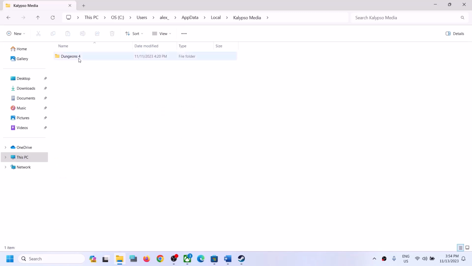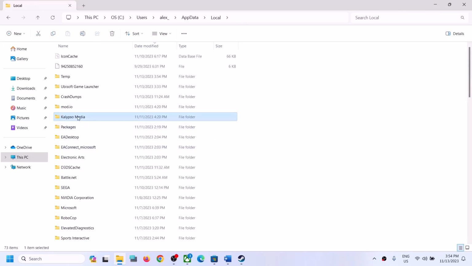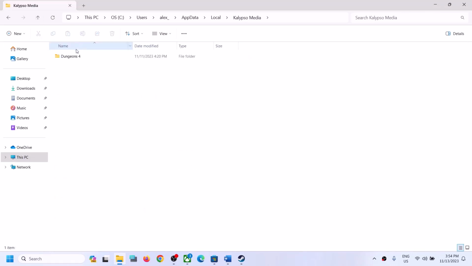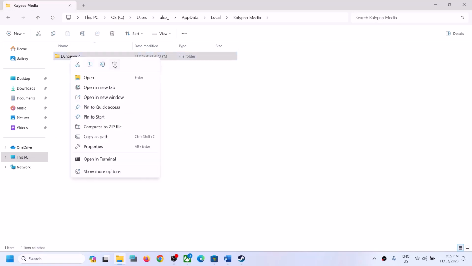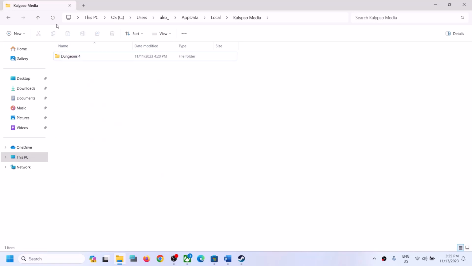Open this folder, open this Dungeons 4. So this may be a save game file. You have to right click on the Dungeons 4 folder over here and then click on delete. Once this is deleted, now go back